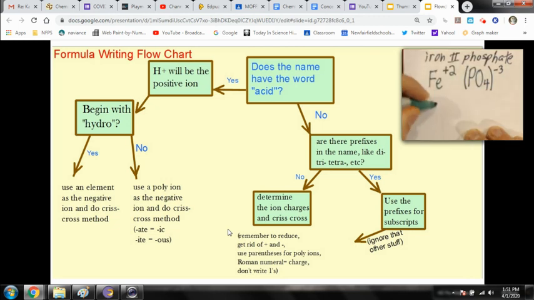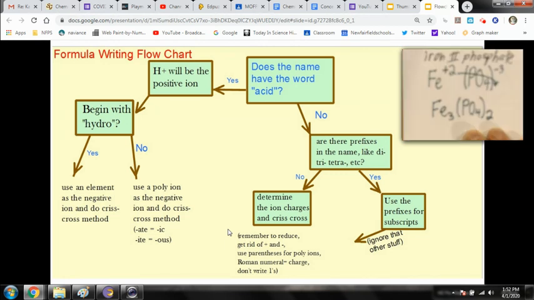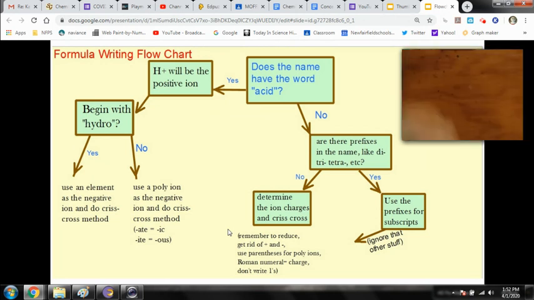Now we can crisscross those two charges. Fe gets a subscript of 3, and PO4, because it gets an additional subscript of 2, retains its parentheses and gets the 2 on the outside. There you are. There's iron 3 phosphate. Next example,